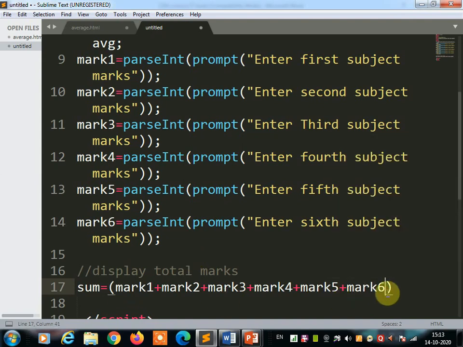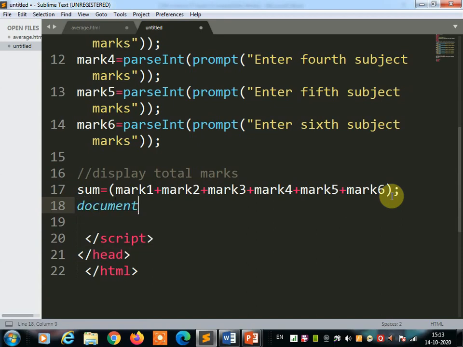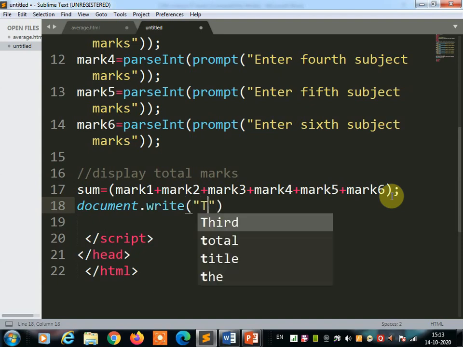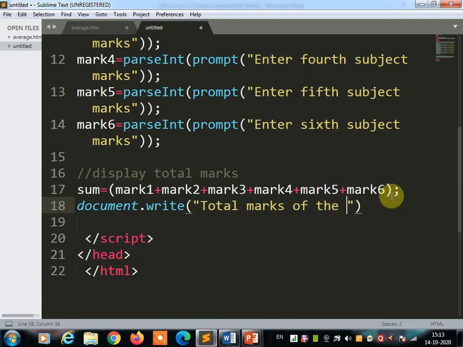So this is the total mark. Here you will get the total mark. So the total mark you got. Now you are going to display this total mark. To display the total mark, document.write in brackets, total mark of the students.